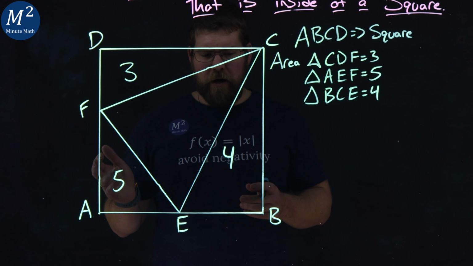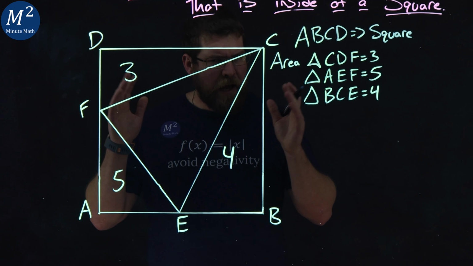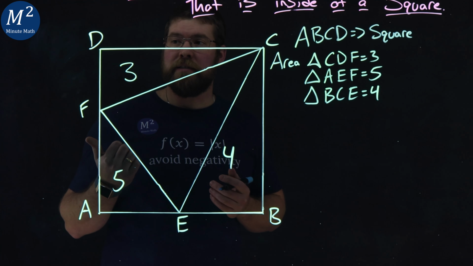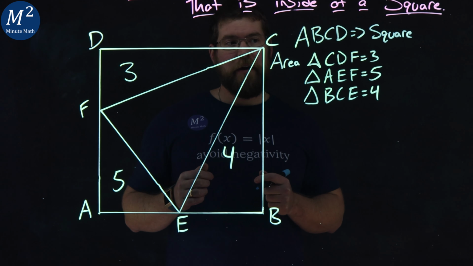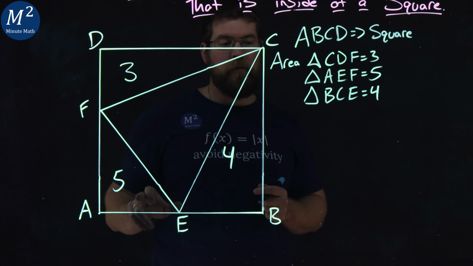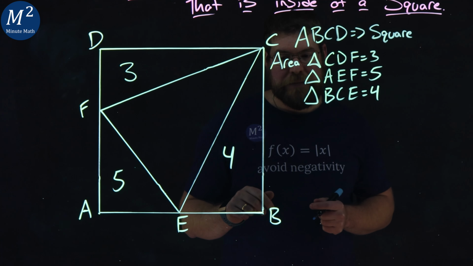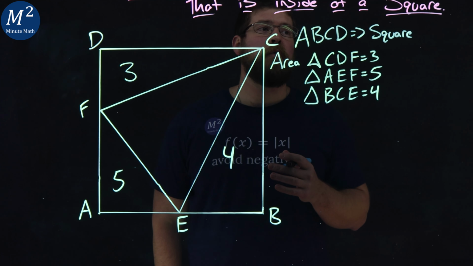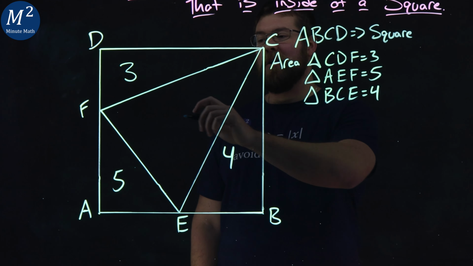We have square ABCD, which has all the properties of squares. We have some areas that are given from the triangles inside of it. CDF has an area of 3, AEF has an area of 5, and BCE has an area of 4. Can you find the area of our inner